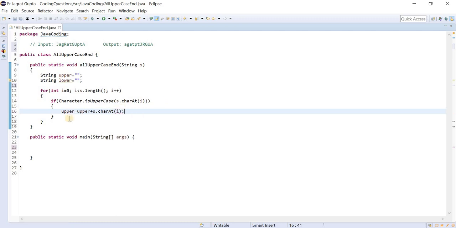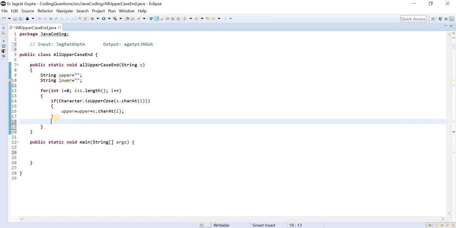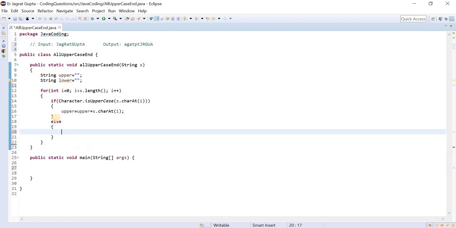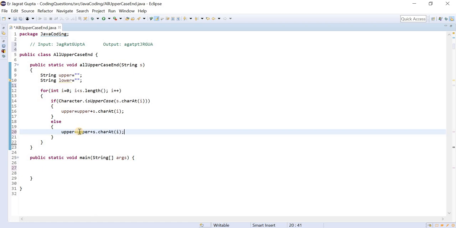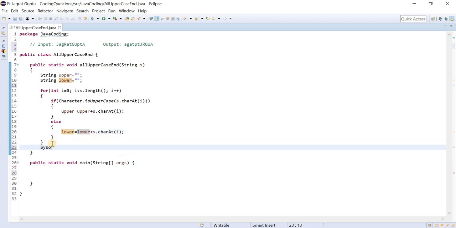And if this would not be the case, then I will store it in the lower string. So let me copy this and paste here, and now this should be lower. We segregated all the upper and lowercase characters with the help of this logic. And at the end, what will we do? I will concatenate and then print these two things.